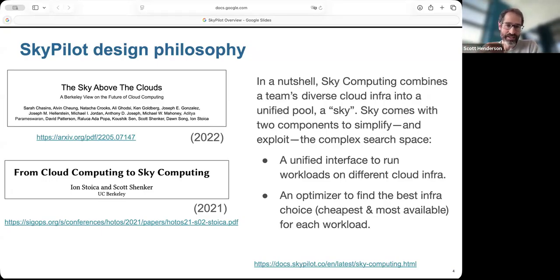reproducibility-minded rationale to this, which is as you set up a workflow as a scientific researcher, you want to ensure that you can run that workflow now and into the future. You want to be able to share with collaborators and make sure things run across different providers. So I think there's also an argument to be made for this unified interface, regardless of which cloud you're running